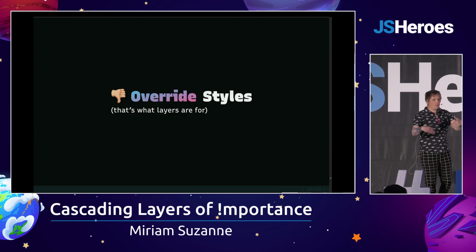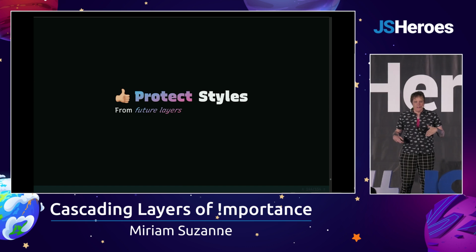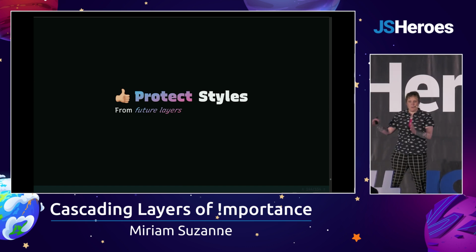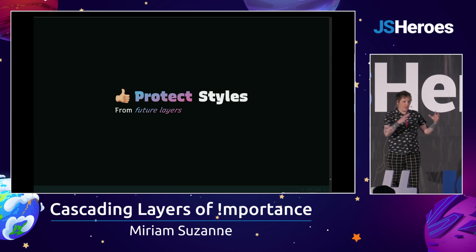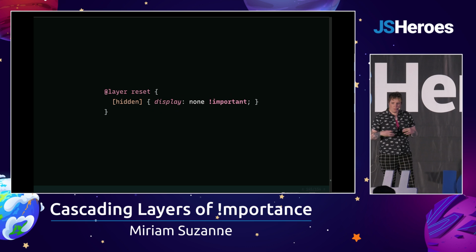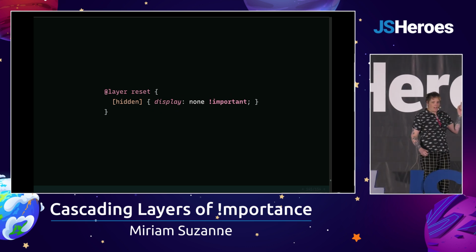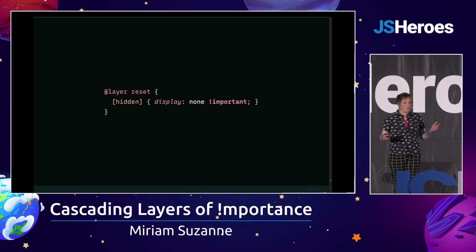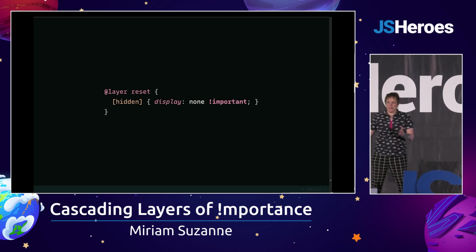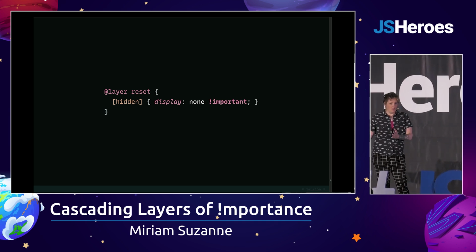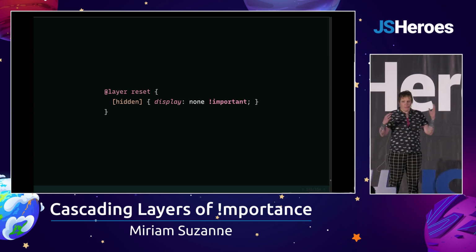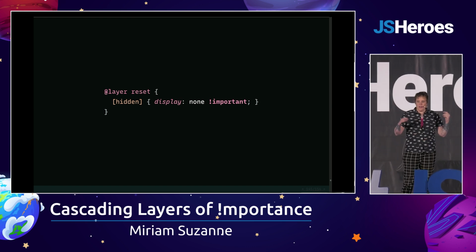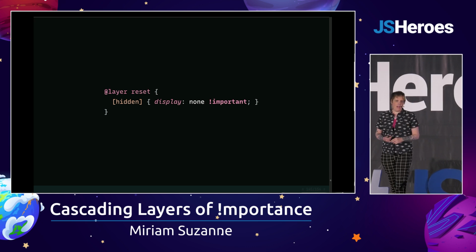So it's not for overriding styles that already exist. If we're doing that, we want layers. It's for protecting styles from other styles that don't exist yet. It's for saying in a low layer, I need to protect this. So one example I have in my reset is the hidden attribute should hide things. I shouldn't come along later and add display flex to a component and have that override the display hidden of the hidden attribute. I want that hidden attribute to apply. So I put it in my reset still. It's still just part of the reset, but I add important to it, and I'm not going to accidentally override that later.